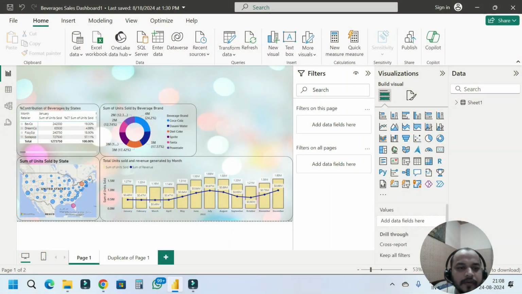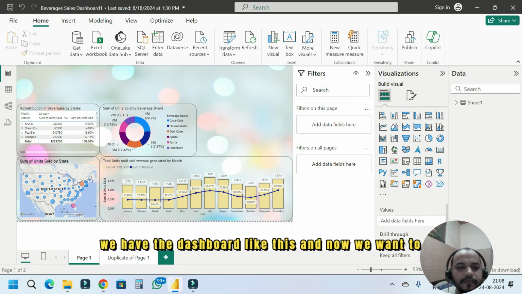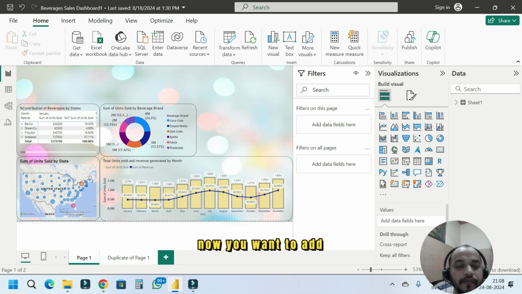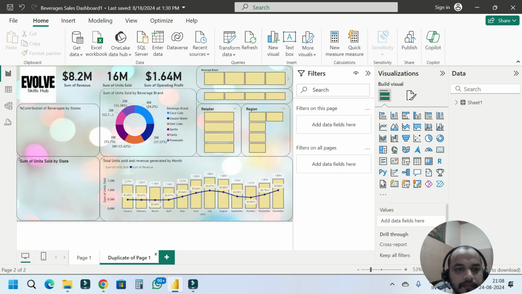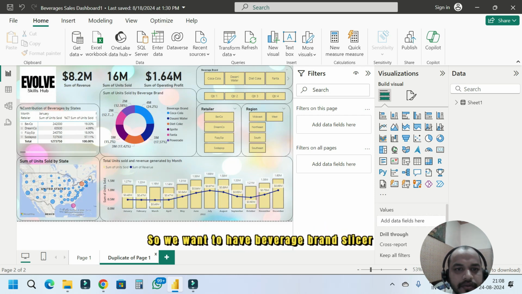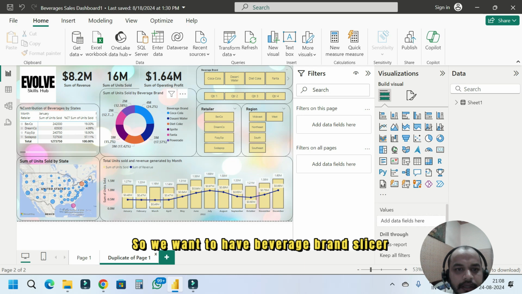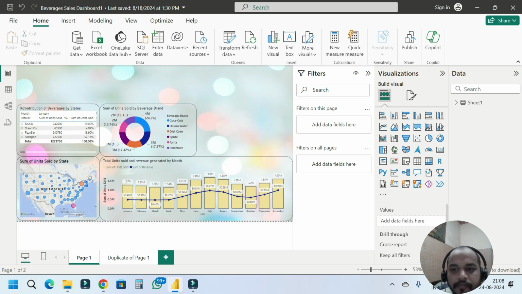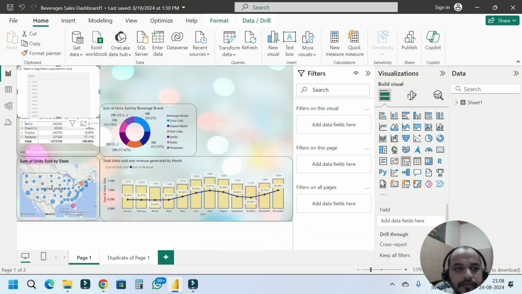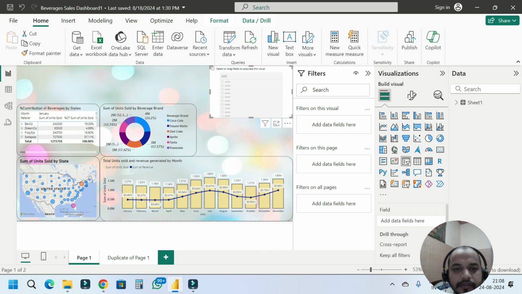So now we have the dashboard like this, and now we want to add KPIs and some slicers. First of all, we will add some slicers like we have in this page. We want to have a beverage brand slicer, then quarter, retailer and region. First of all, we will add the beverage brand slicer. So this is a slicer icon or slicer chart,